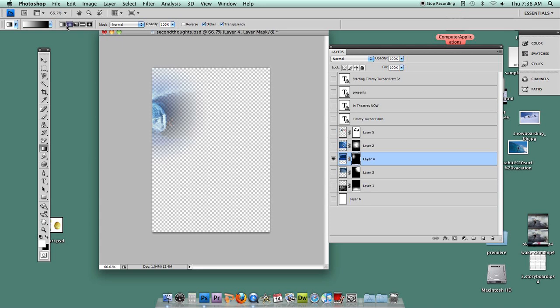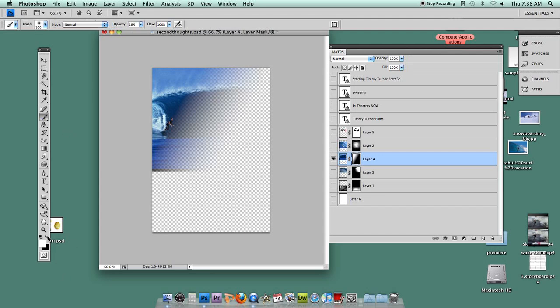So actually, let me switch over to this other gradient tool and try it this way. You can see the line one might work well in this example because I want to keep most of the main image here and then fade it away. And you might end up changing your idea. When you throw a couple of images in here, it's probably going to take you a few tries to figure out what gradient tool might work best to start it off with, and where to position that image on your file. So you'll probably do a lot of experimenting. But now that I've got this going in the right direction, I'm going to switch over to the paintbrush tool